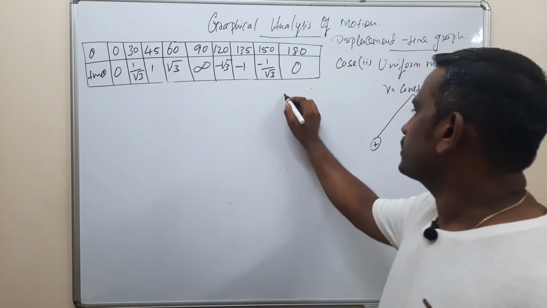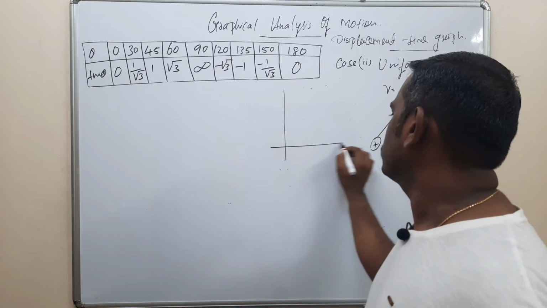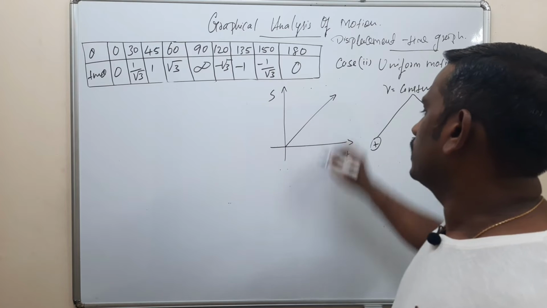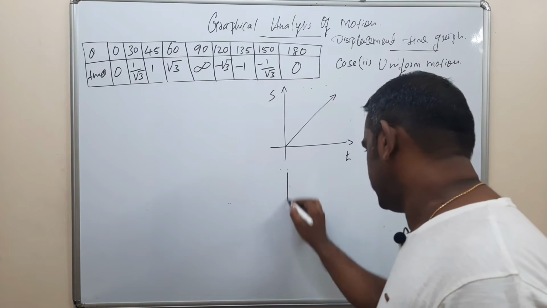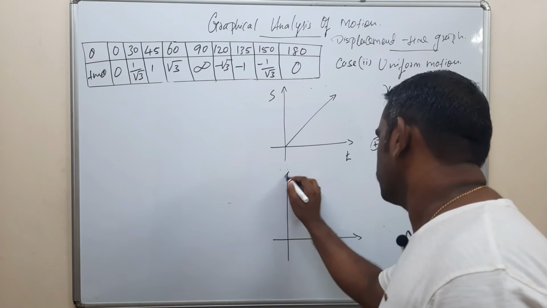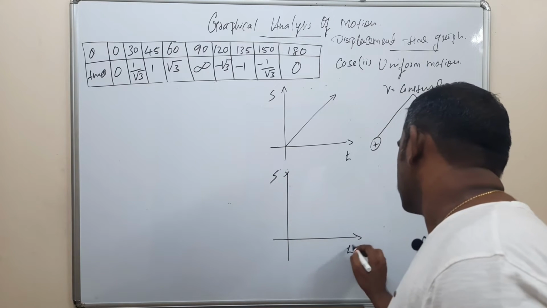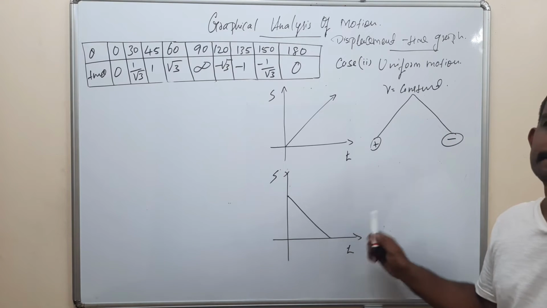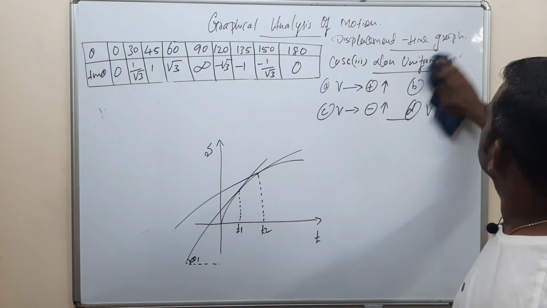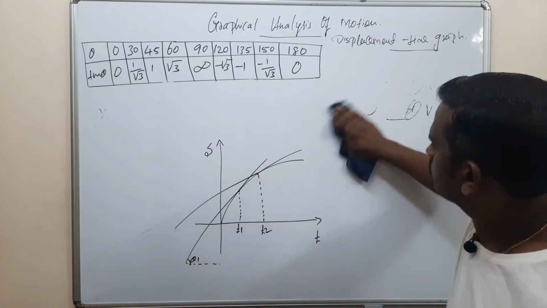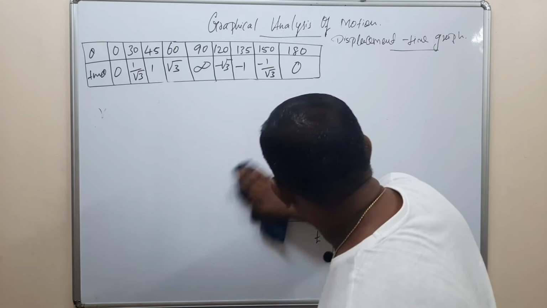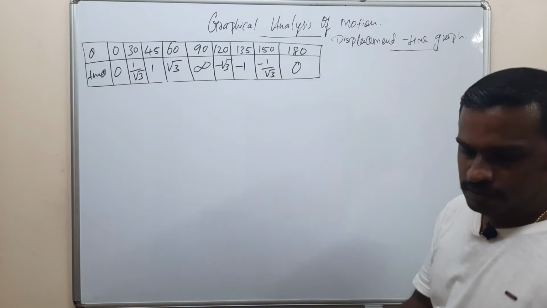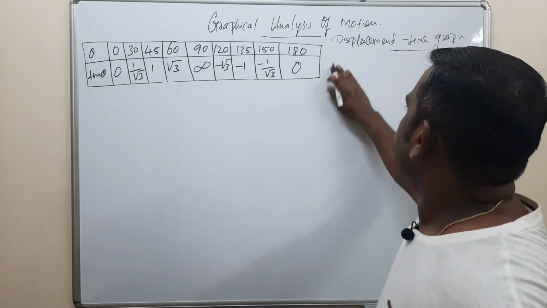So positive constant velocity means the displacement time graph is like this. Negative constant velocity means the displacement time graph is just like this. Clear? So in the case of uniform motion,